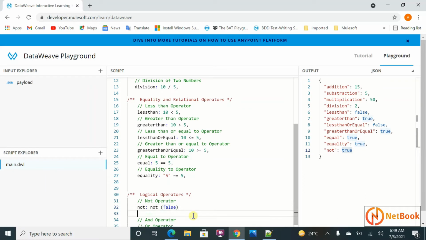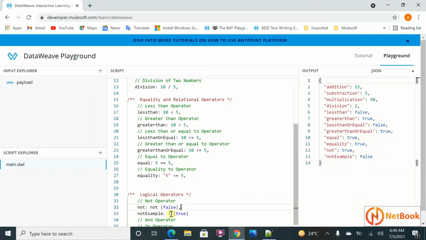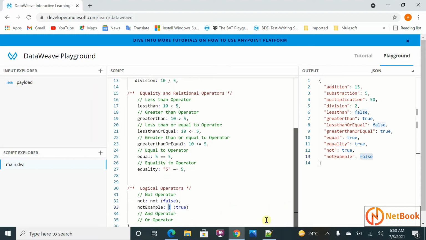Not only that, we have another example. We can use the not symbol over here. So this is also the not operator. Now you can pass it this way. This is also going to return the same, both are the not as a word or as an operator, exactly the same. The thing is, this not operator is going to be supported only in DataWeave 2.0 or 2.2.0, and in the Mule runtime 4.2.0 onwards. The previous versions are not going to support the operator.